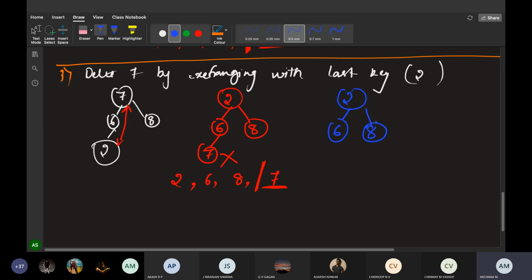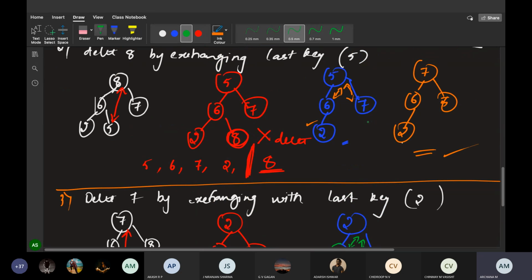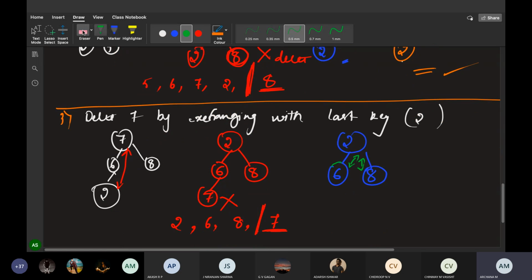Did you understand? Now, what is the next thing you have to do? We have to check for parental dominance. See here, what is the parental dominance? Is 2 greater than 6 and 8? Check for parental dominance. Is 2 greater than 6 and 8? No, ma'am. 8. We have already deleted 8. Again, why am I writing this, it is 5. Oh, sorry. This is 5. Here it is 5. When I write, you just keep quiet, you don't tell me.